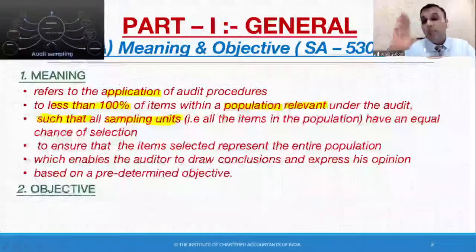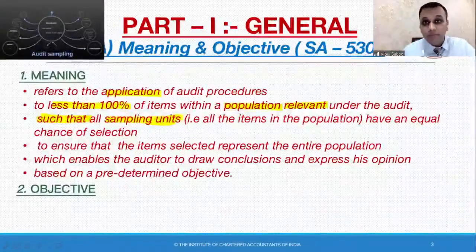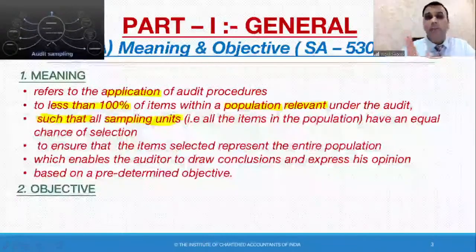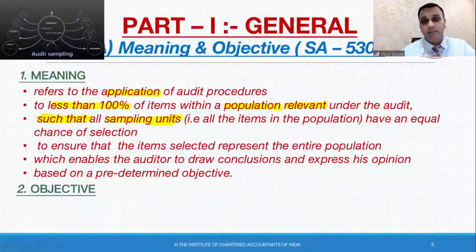So keep this example in mind. Whenever you get a doubt in this chapter, keep that example in mind, that particular example I told you in the previous session. Take any daily routine example from around you, and you will be able to understand the technical concepts better.